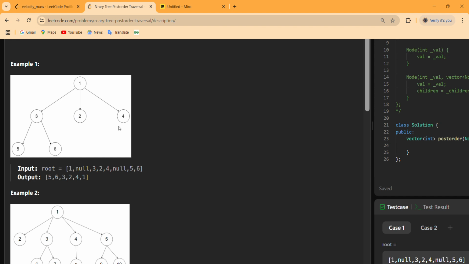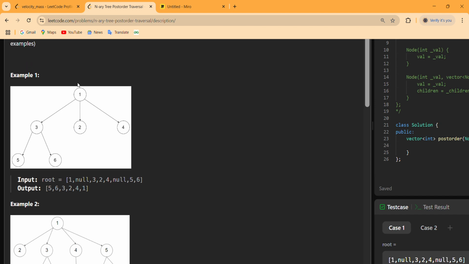Moving on to this 4, we check if it has children, and there are none, so we put that inside our answer. Finally our original root gets evaluated and we put that inside our answer, and we return the output as 5 6 3 2 4 1.